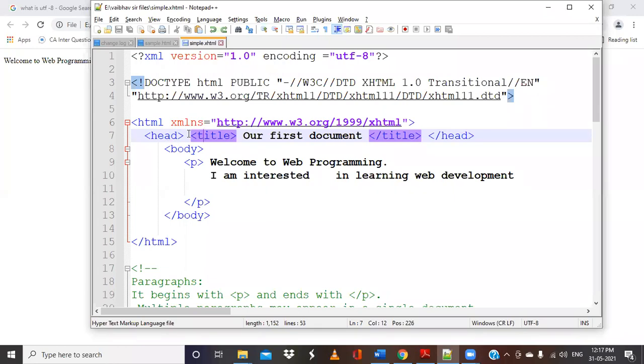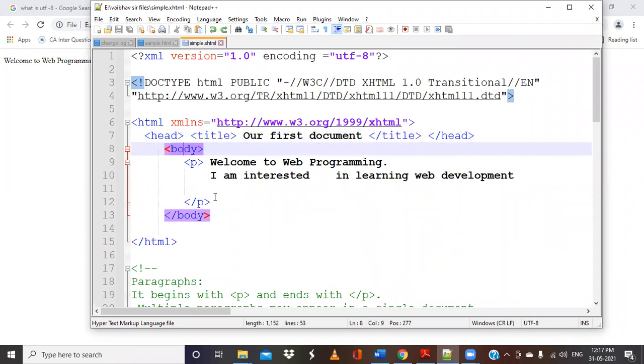So the head tag will indicate the information about the document, but it will not include any contents. But when you talk about the contents, whenever you want to add some images, text boxes, buttons, and so on, all these are called the different elements. When you want to add these elements, we have to use a tag called the body tag. So our entire program lies between this body tag. Most of the things we can include are paragraphs, headings, forms, images, buttons, and so on.